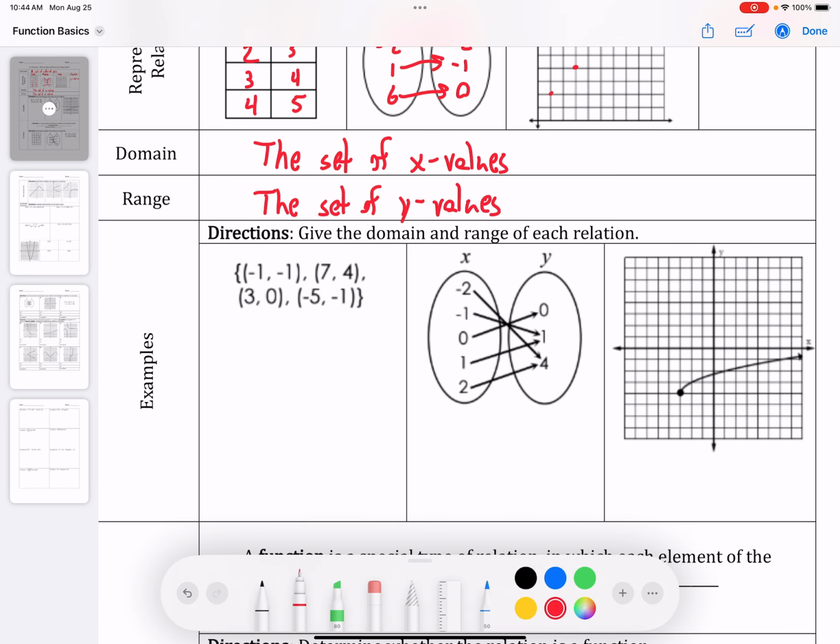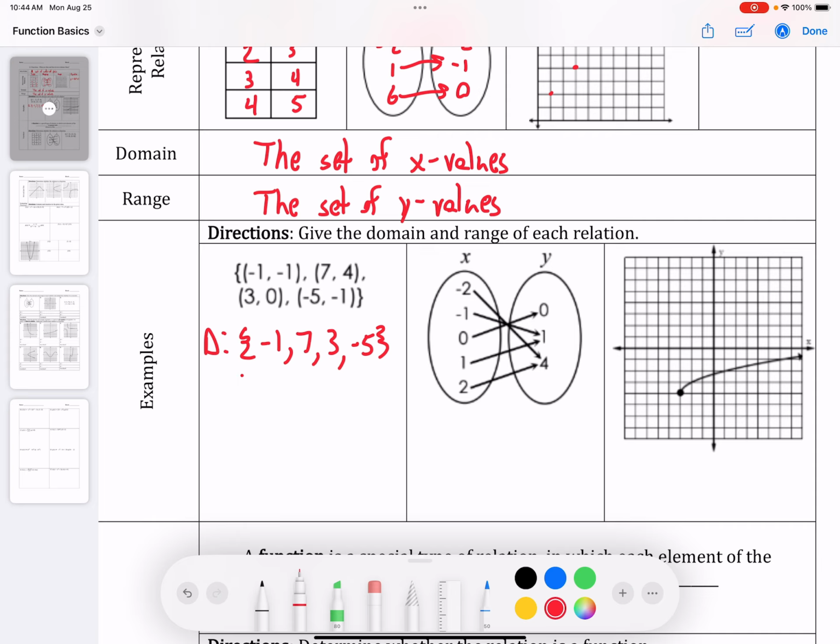So, for example, if we have a set of ordered pairs, we could write a set of ordered pairs as a table. But if you have a set of ordered pairs, the domain is going to be the x values, the set of x values. So that's going to be negative 1, 7, 3, and negative 5. And then your range values,